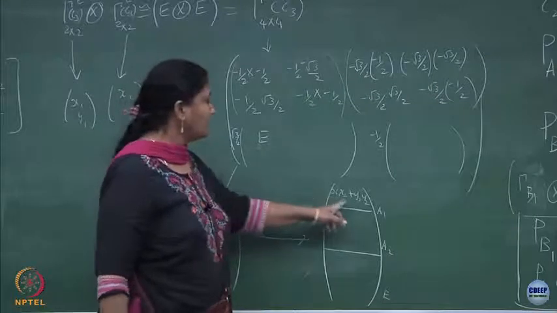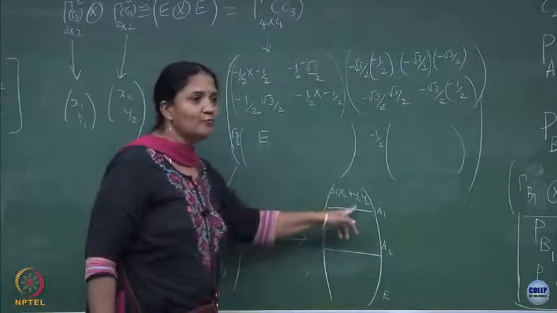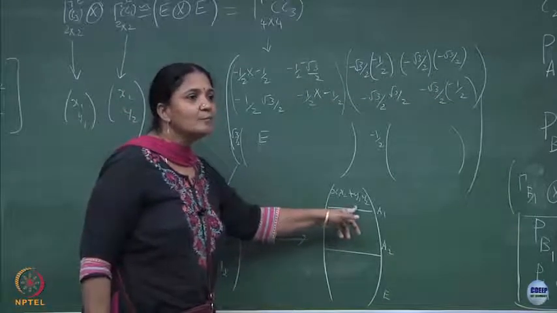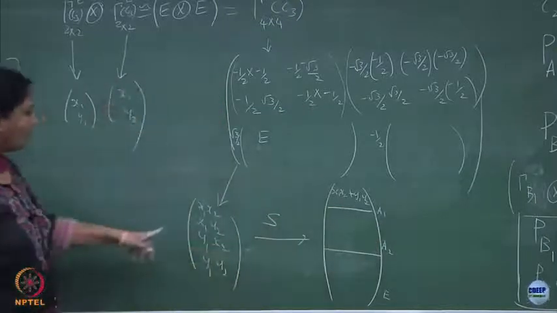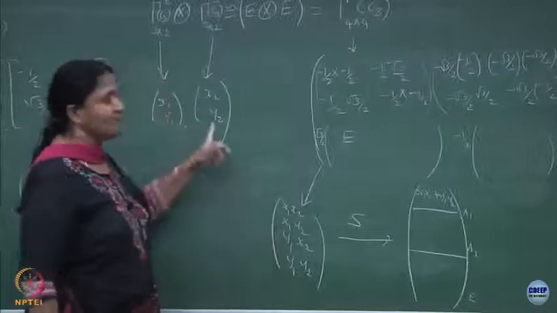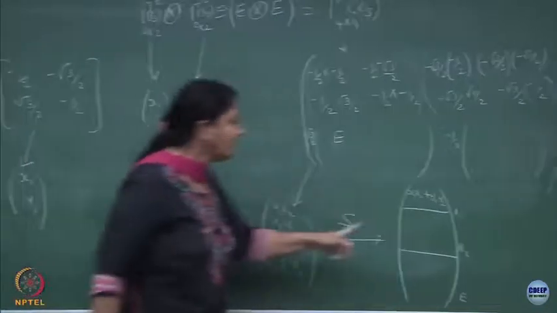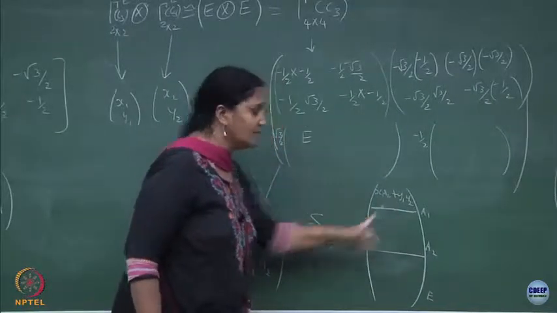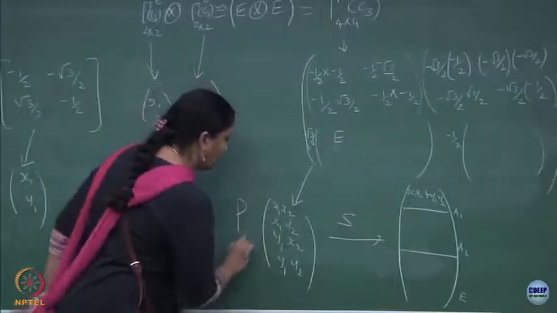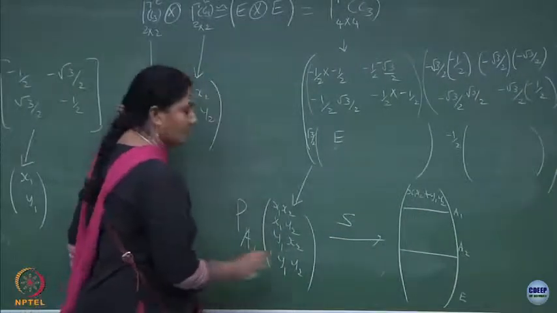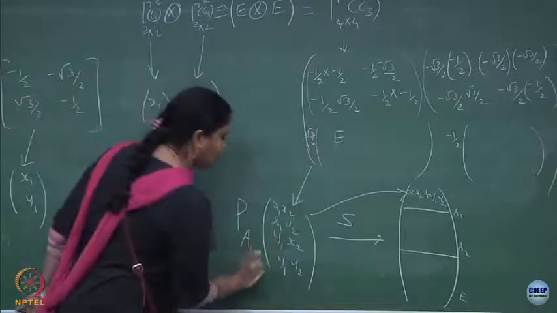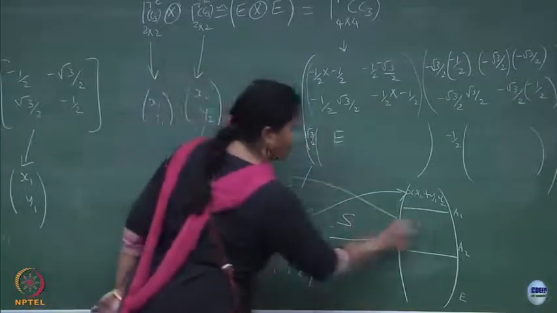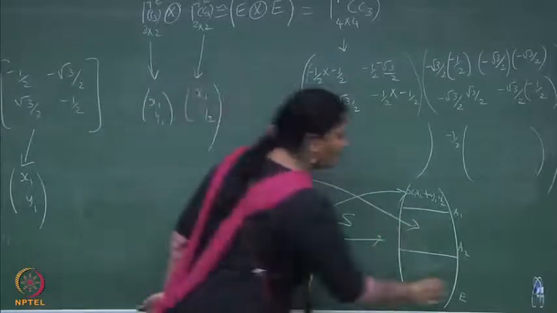The binary basis is nothing but the dot product of 2 vectors belongs to your trivial representation. This is like taking dot product of x1 y1 with x2 y2 and you will get it naturally. How will you get this? If you do a projection operator A1, it has to give you this. If you do a projection operator A2, it has to give me this, which is also 1 cross 1.